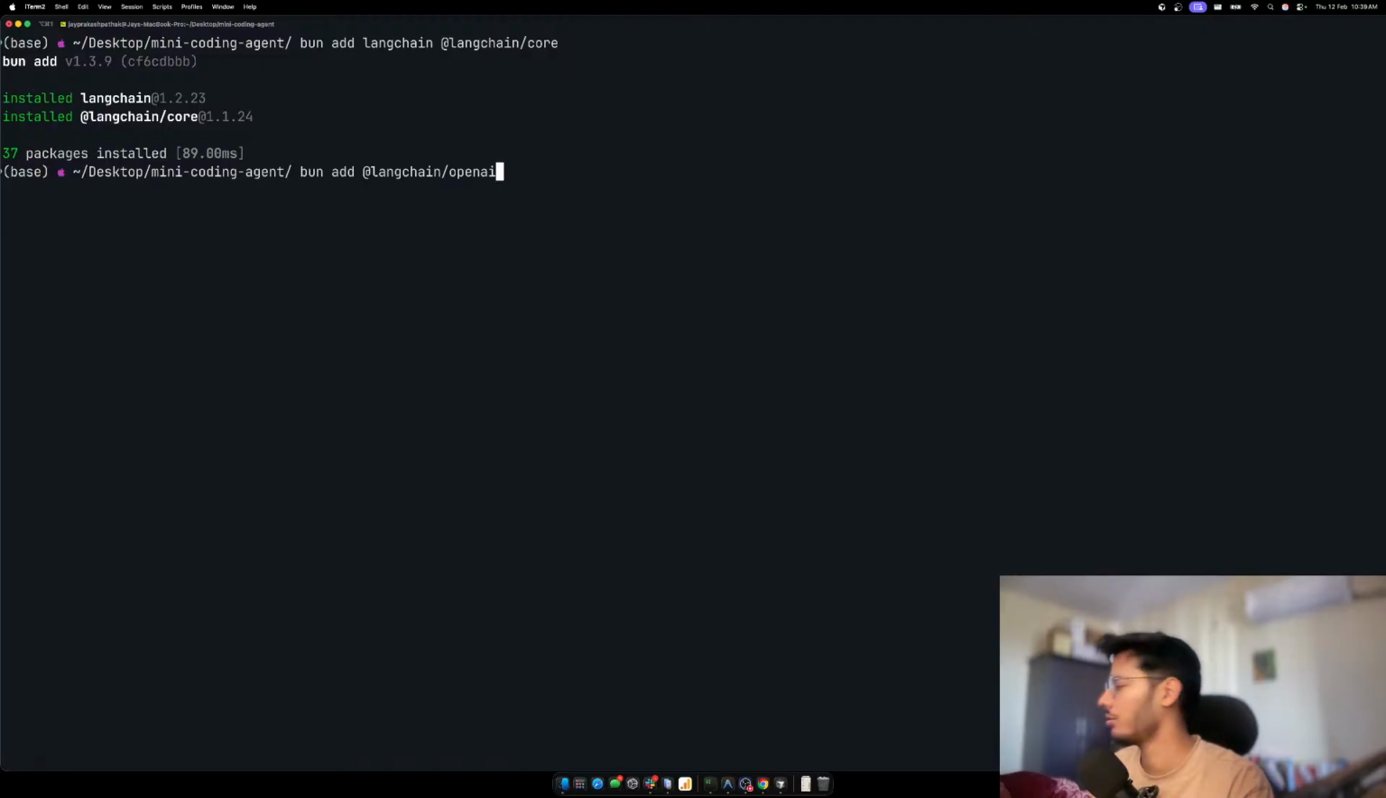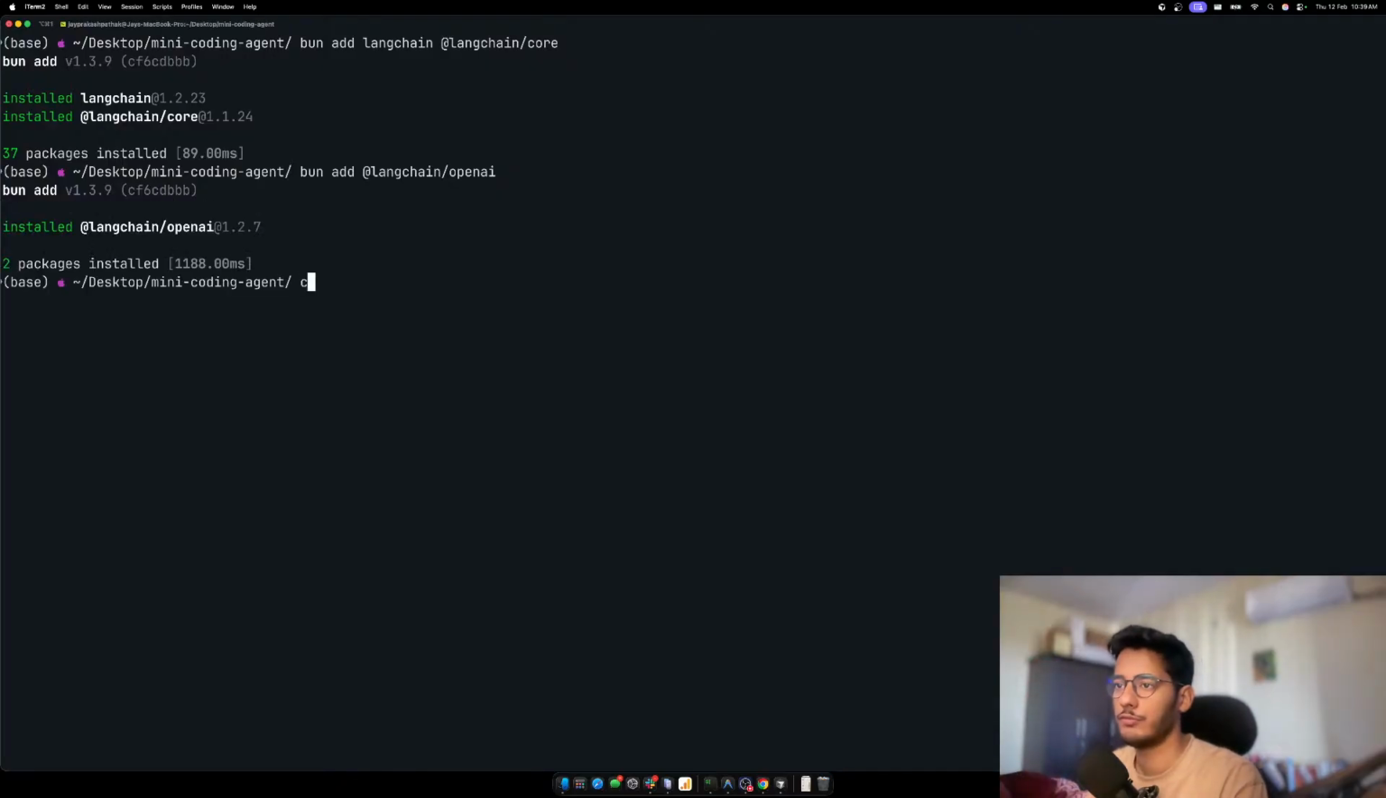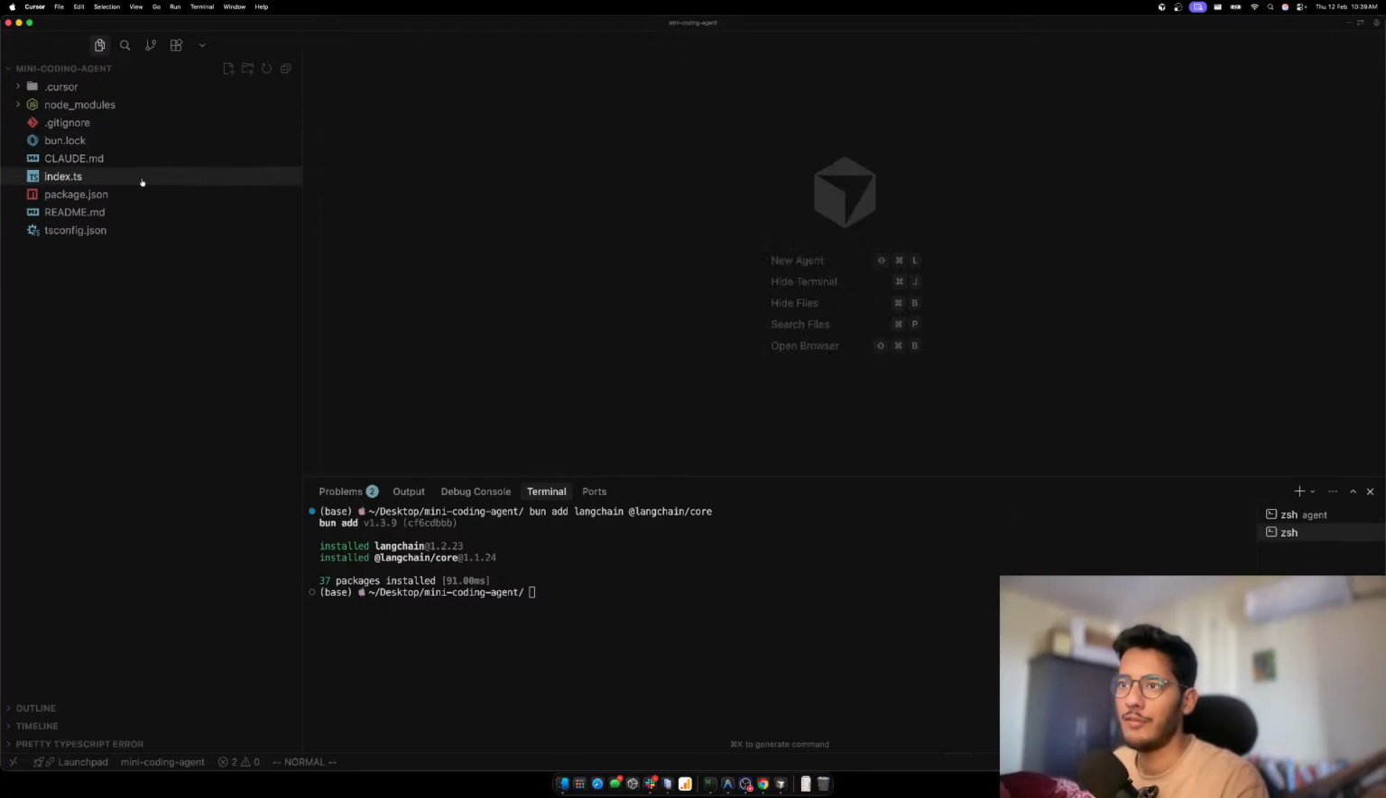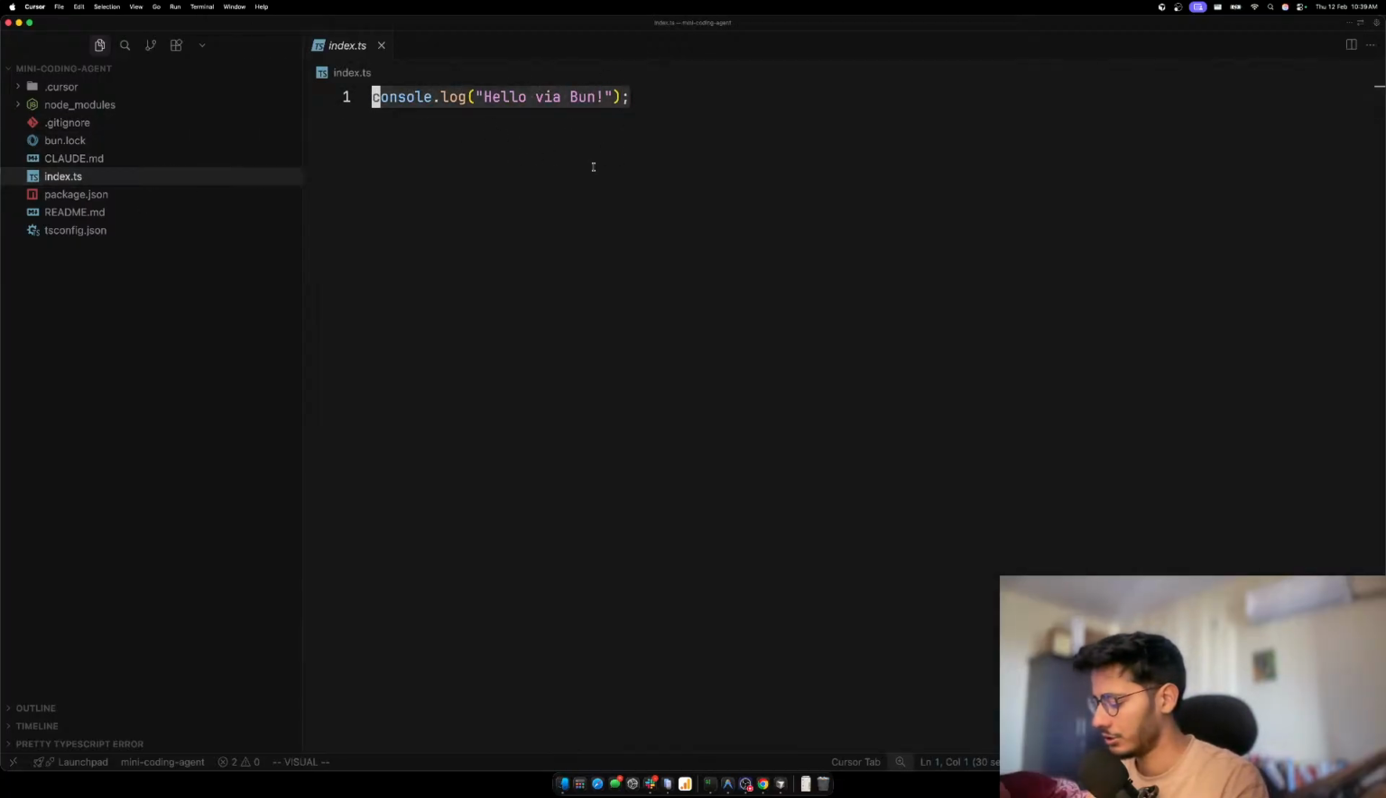Should we use OpenAI or should we use Claude? That's what I'm thinking. Should we use Anthropic, or what kind of model should we use? So let's use OpenAI. That's pretty okay. We can change the models later on. Okay, great. So now we have an index file, and we would start by